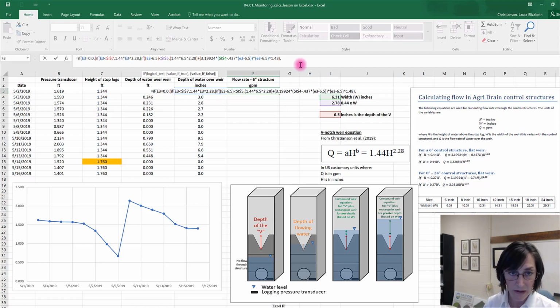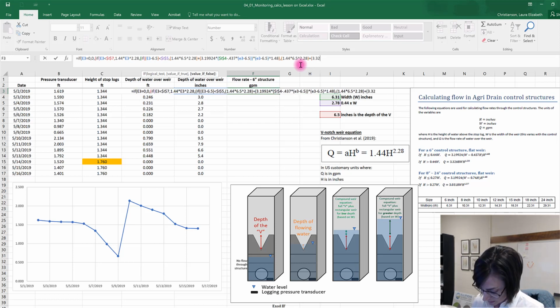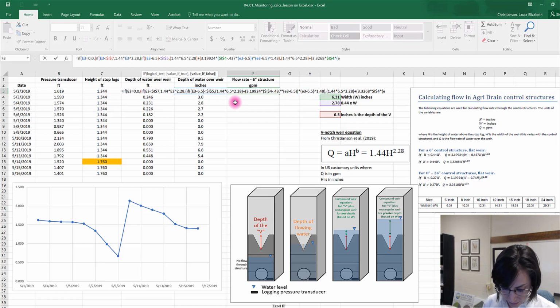So comma, this is getting very long. I think you can see that. So we're going to do the V-notch weir equation times 6.5 using the full height raised to the 2.28. Put that in parentheses, plus, this one is a little simpler, 3.3268 times my width of the structure, 6.31, lock that in place, times, here is my height again, and that's E3 minus 6.5, because for the rectangular portion of the compound weir equation, you only use that top portion of water, not the whole water depth.